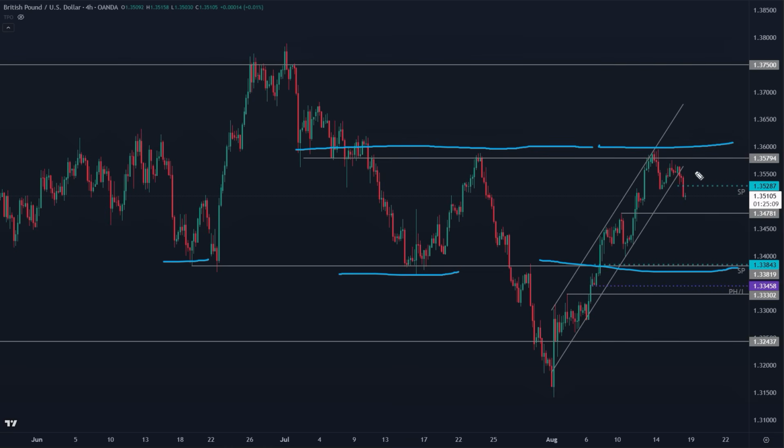So with this breakdown, guys, we saw the sweep of this high up here around 135.80, and the pound did sweep those highs back here. And again, we had that lower high develop. All right, so range trade for the pound as of right now.